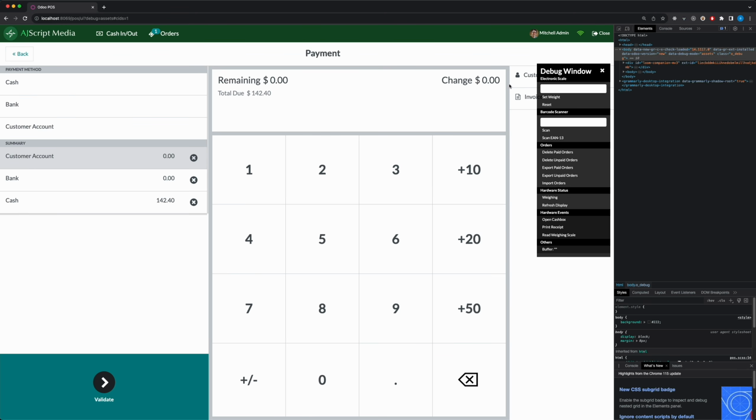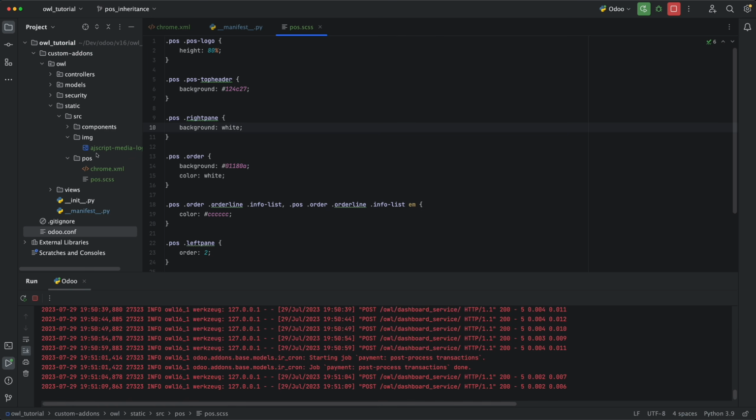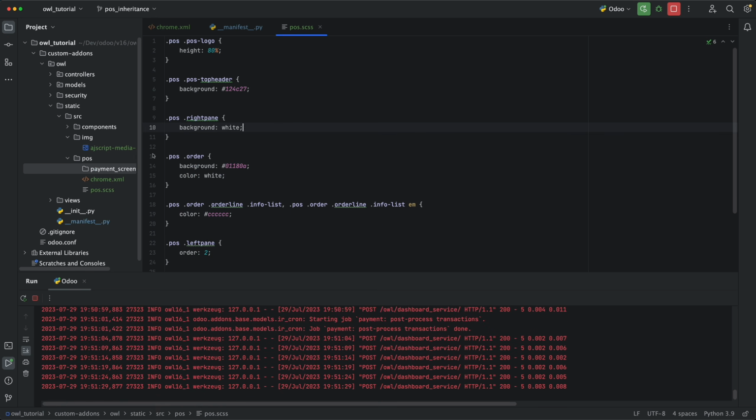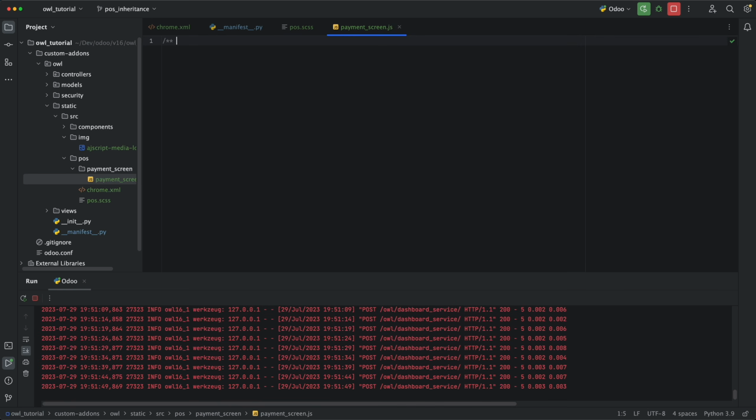And then we will add a new button at the right side with a new method that we will create. Let's start by creating a new folder, payment screen, and create a new file, paymentscreen.js. Let's declare that this is an Odoo module. Then we need to import registry, which is simply importing using the name of the module, which is point_of_